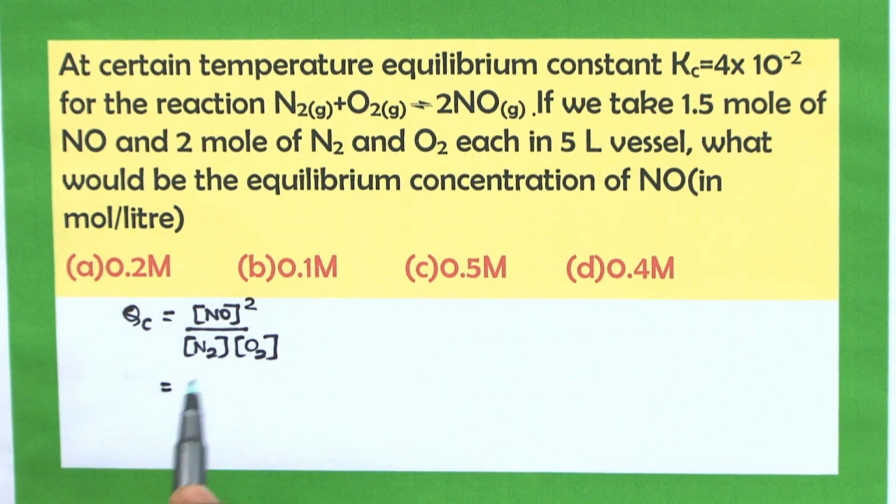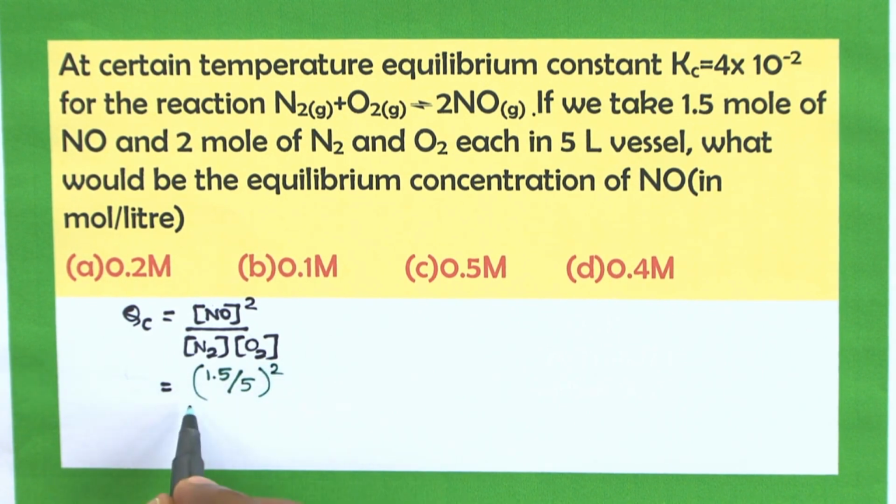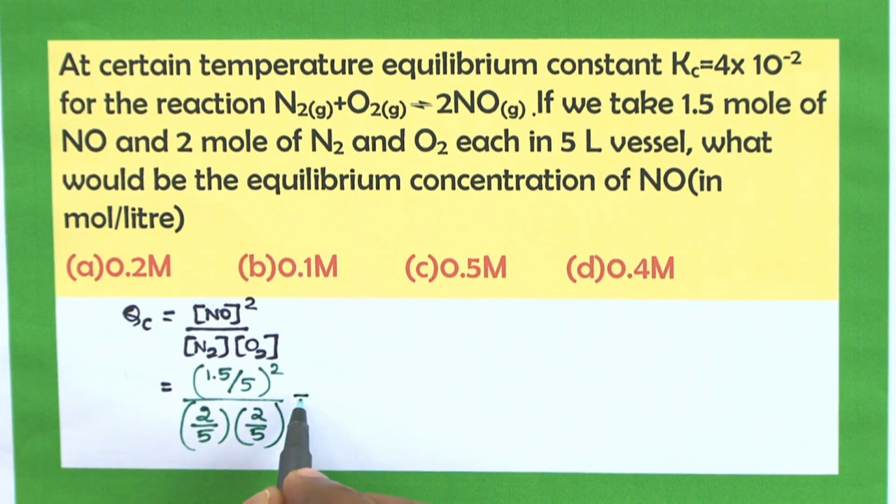So the concentration of NO will be 1.5 divided by 5, because the volume of the vessel is 5 liter, all squared, divided by concentration of N2, which is 2 divided by 5, into O2, which is also 2 divided by 5. Now, if you calculate these things, you will get the answer